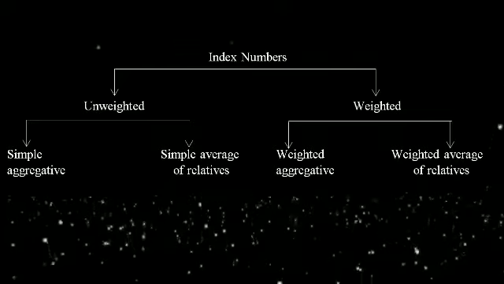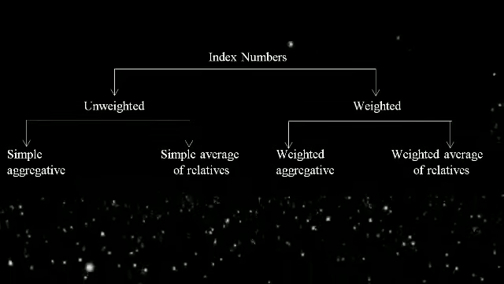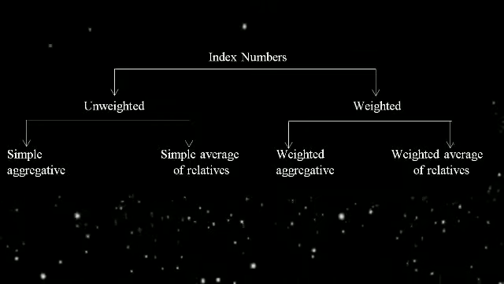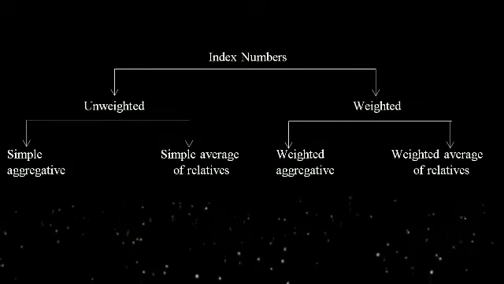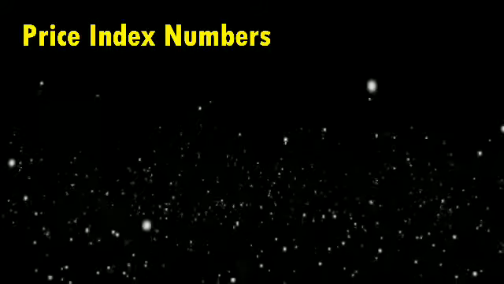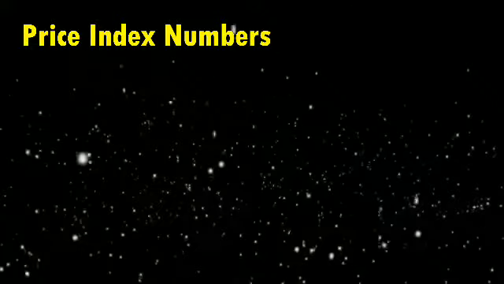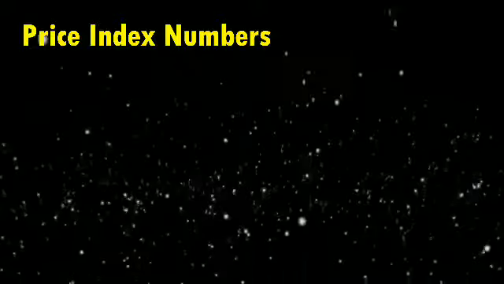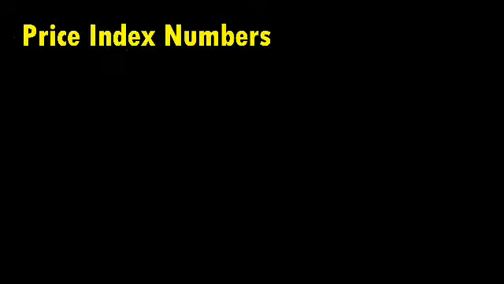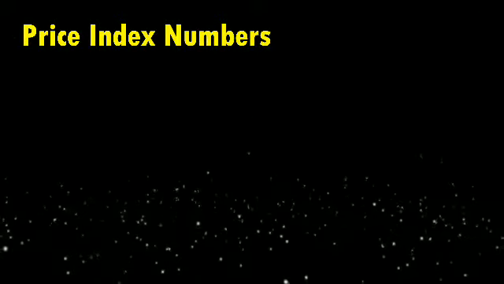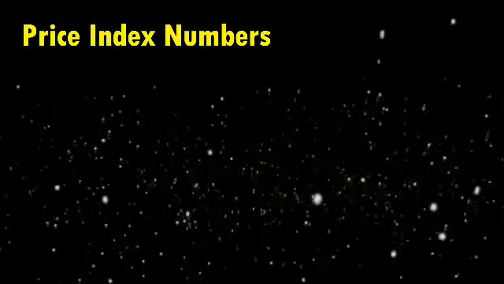So today, let us begin with the price index number. Let us construct an index number based on the price values, considering only the price values. The topic of today's session is price index number. Based on the price value, you can compute all the four subdivisions. Either you can compute unweighted aggregative or unweighted average of relative index number. Similarly, you can compute weighted aggregate or weighted average of relative index numbers based on the price values.